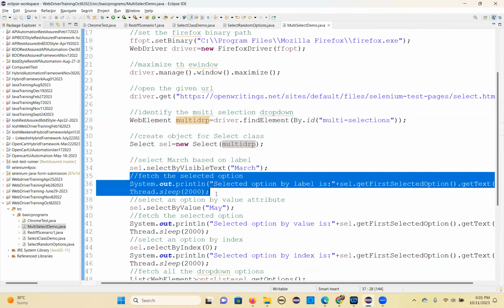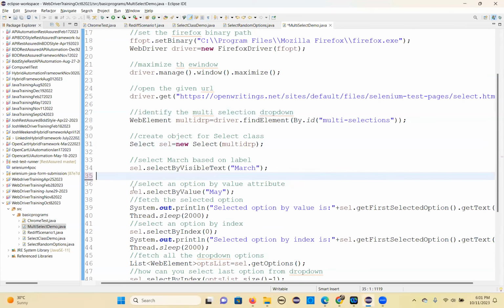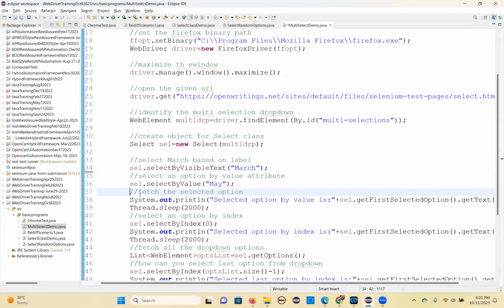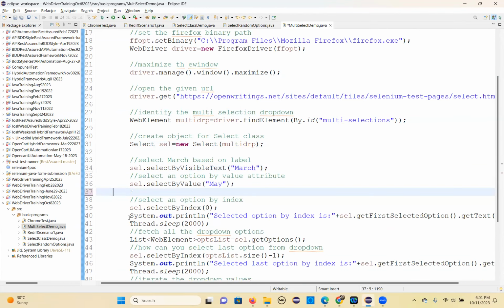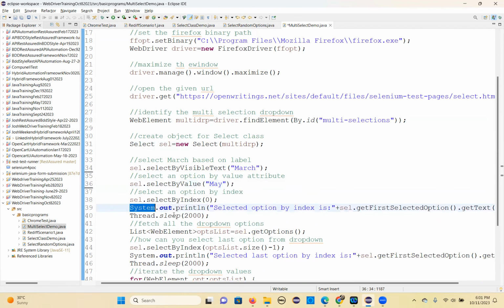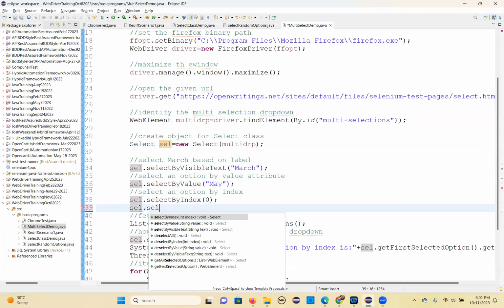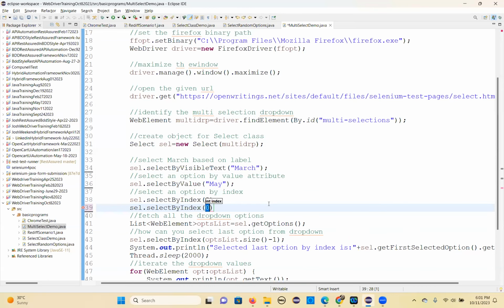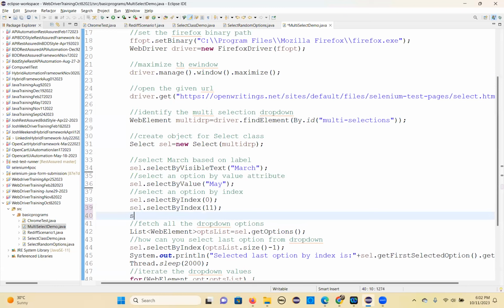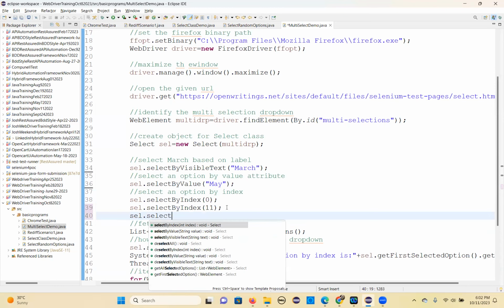I don't want to use this because it will retain. I don't need to use a Thread.sleep now. All the selections will be retained. So I'll add more. Okay. So sel dot select by index, let me give 11. Okay, fine. So sel dot select by